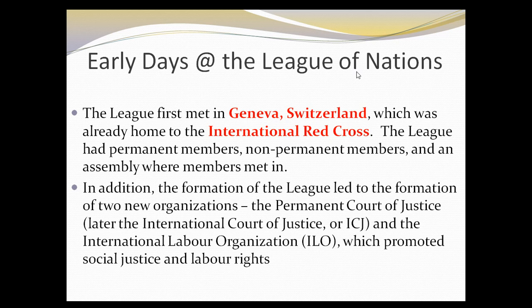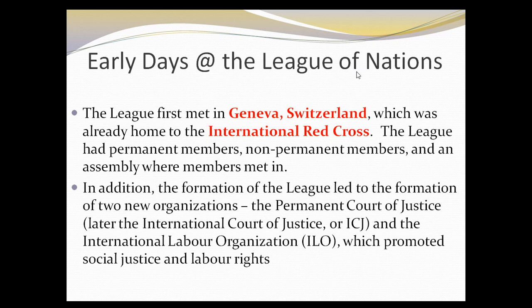In addition to having headquarters in Geneva, they also formed a few other bodies which actually outlived the League of Nations and have become really important to this day. One of them was they set up a permanent court of justice called the ICJ, and the ICJ became a forum where nations could go if there was ever a dispute in terms of international law. Judges from many different countries would hear those disputes and make recommendations based on the foundations or principles of international law through existing treaties. That actually became a part of the UN, and we'll talk about that in a couple of weeks.